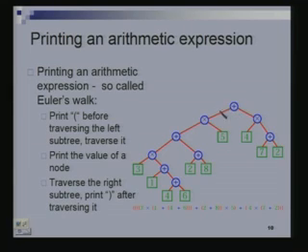When I finish with the right subtree, I will print a right bracket. This corresponds to taking this path up, going up like this. And when I am coming like this and touching this node, then I will just print out the content of the node. Understand what I am saying?